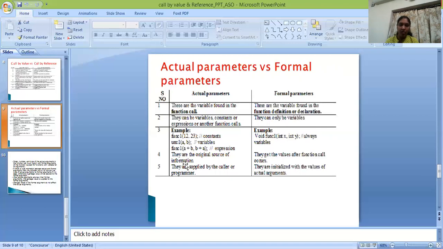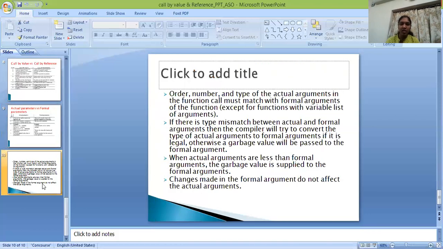Actual parameters are the original source of information. Formal parameters get the values after the function call occurs. Actual parameters are supplied by the caller or programmer, but formal parameters are initialized with the value of actual arguments. These are the differences between actual and formal parameters.